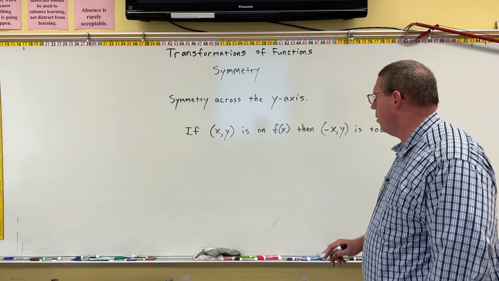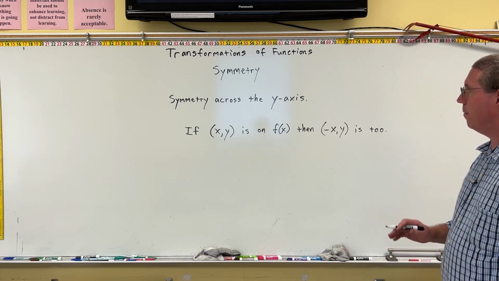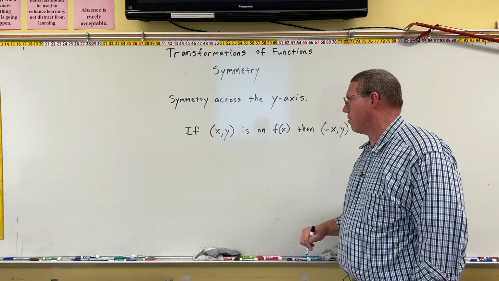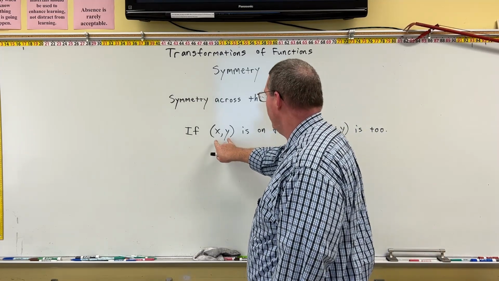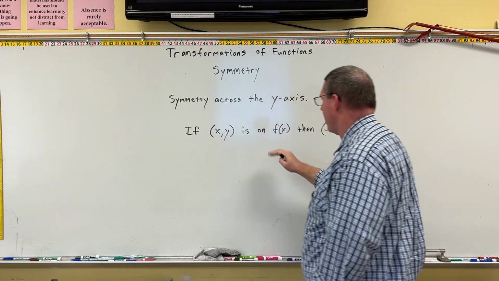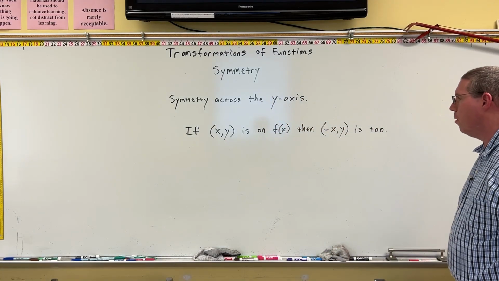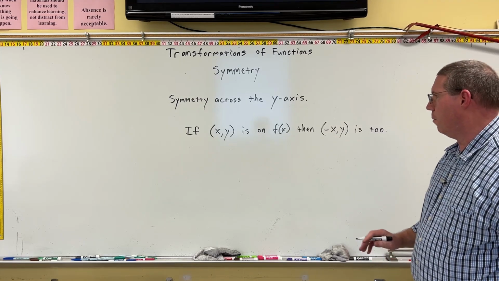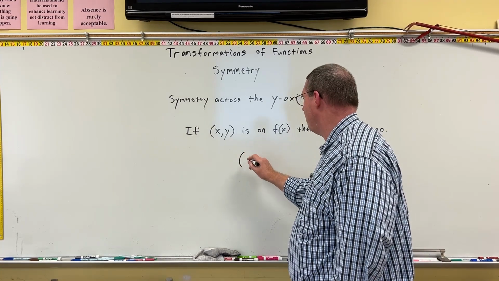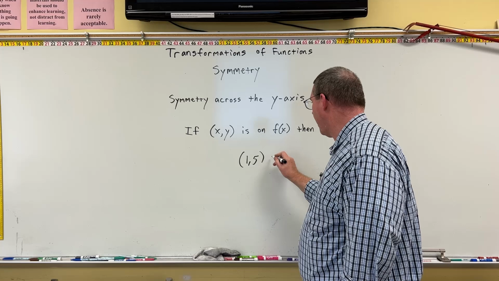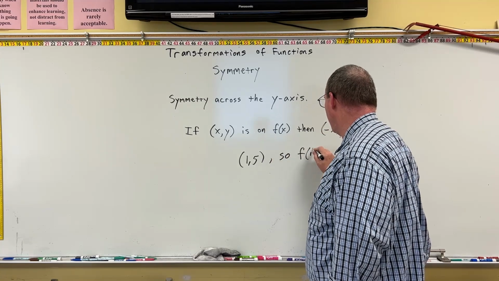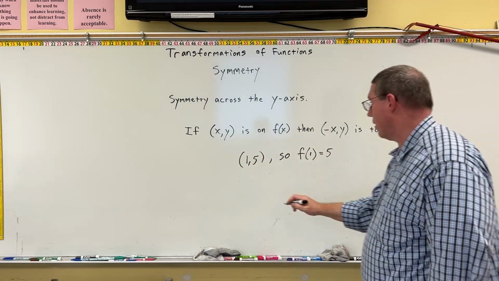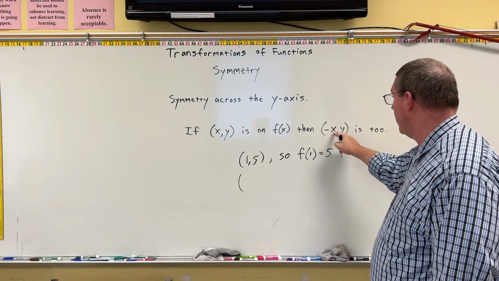Okay? So basically a relation, or in this case a function, has symmetry across the y-axis if the point (x, y), suppose (x, y) is on the function f(x), well then the point (-x, y) is also on f(x), okay? What that means is this. So for example, let's say that the point (1, 5) is on f(x). So f(1) is equal to 5, okay? Well, if the point (1, 5) is on f(x), then according to this, the point (-1, 5)